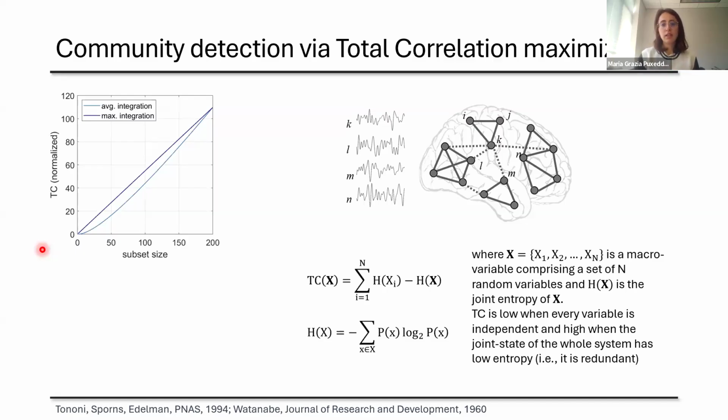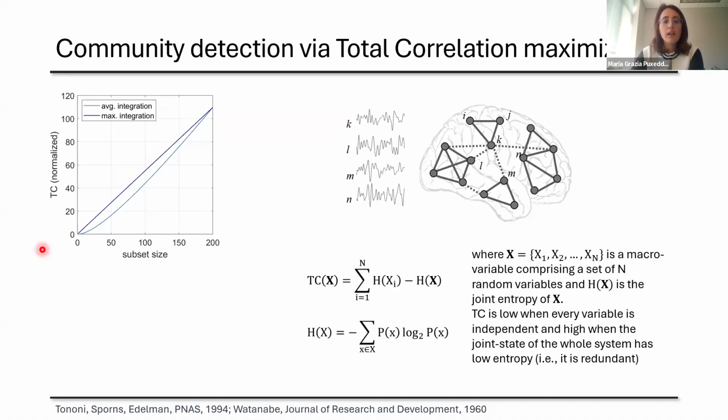Total correlation is a measure derived from entropy and is low when the variables are independent and is high when instead the joint state of the whole system has low entropy. So high values of total correlation indicate high redundancy of the subset of time series that